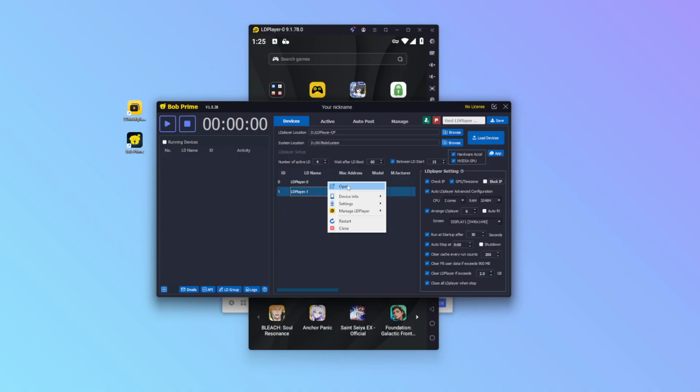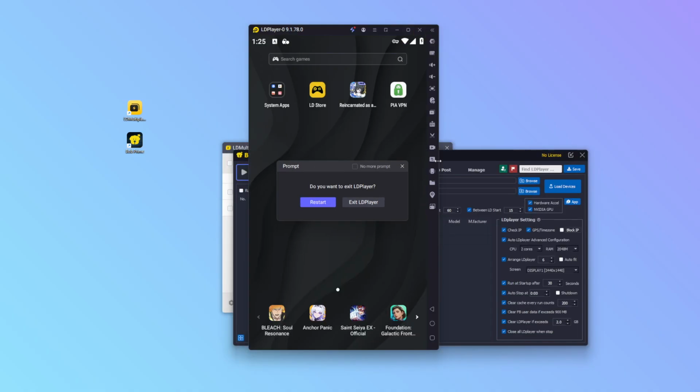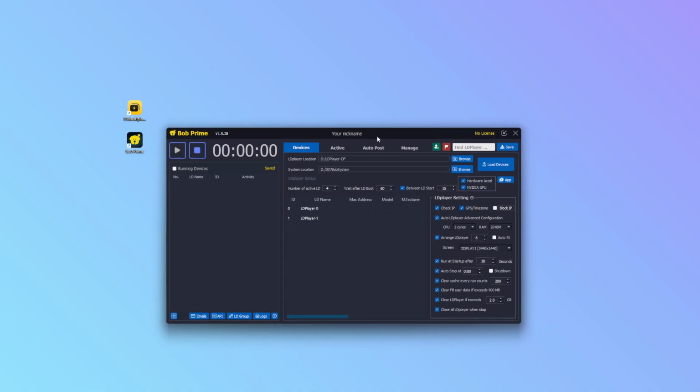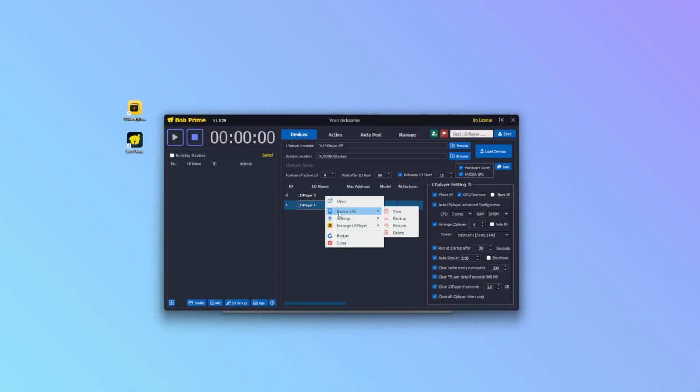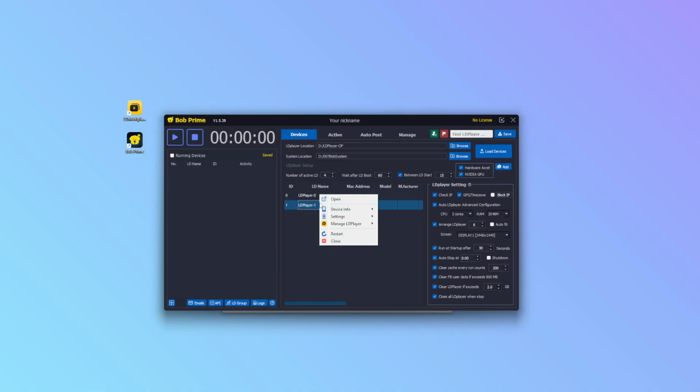open LDplayer on here. You can check the data, but I need to reopen it because the first time I select the folder of the LDplayer, it will not recognize. Okay, good for now. It's not time for license. You can go to view the device. So I see everything like LDplayer 1 is manufacturer Samsung, the SIM serial, the MAC address, the Android ID, everything I can see here. If I want to keep that